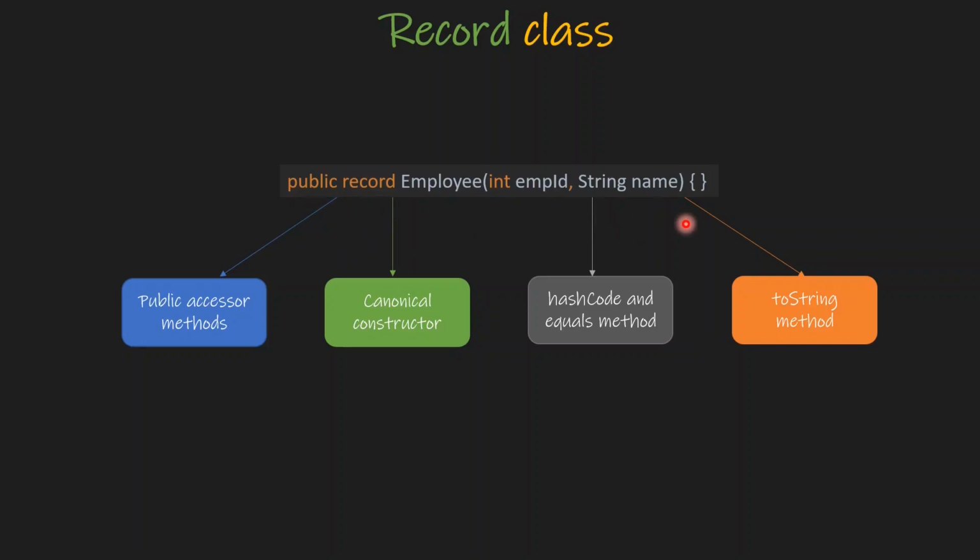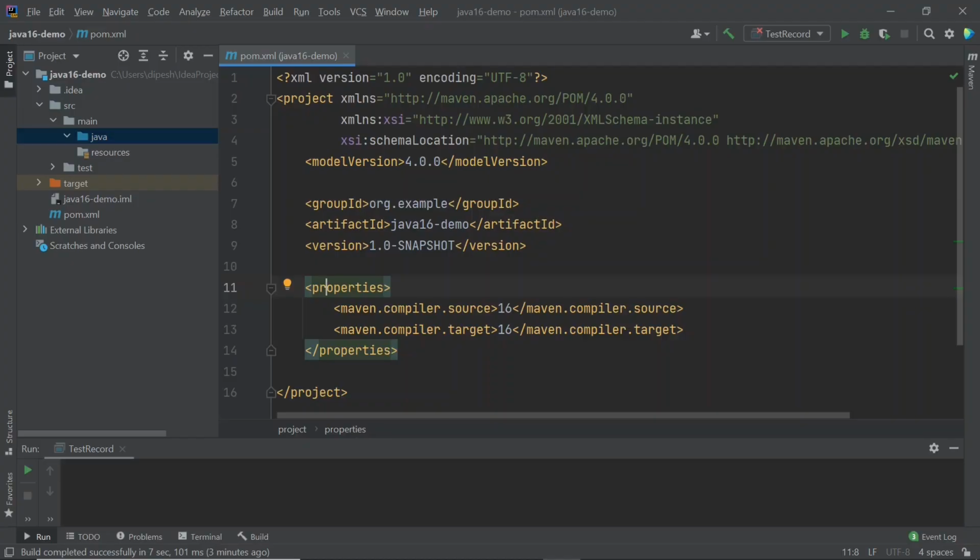So we are going to see with an example now how we can write code using this record, where we should use it, what we can do with it, what we cannot do with it, and all those things. So let's go to the IDE and start writing code for this. For demoing the record, I have set up a JDK 16 project inside IntelliJ IDEA. I'm going to check in all this code into the GitHub repo, and you will find the link in the description if you want to see all the code which we are going to write here.